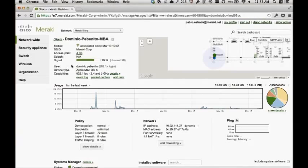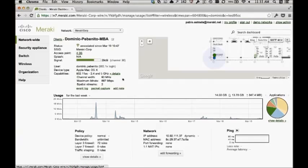And you'll see even more information about the user and the device and its capabilities. This one in particular has 802.11ac. So this is one of the newer MacBook Air models. And lucky for Dominique, because he gets a very speedy connection, you'll see the channel bandwidth. It supports up to 80 megahertz. It's a dual spatial stream MIMO laptop. So it doesn't support up to 1.3 gigabits per second. It tops out at 867, but that's almost twice as fast as even a triple stream 802.11n device. So it's still very, very speedy